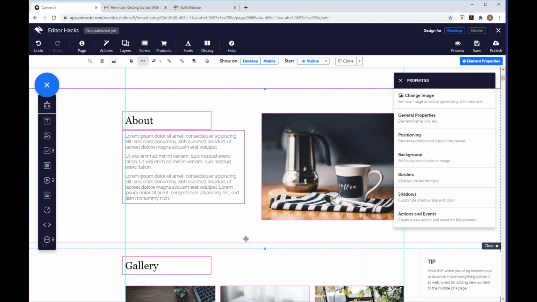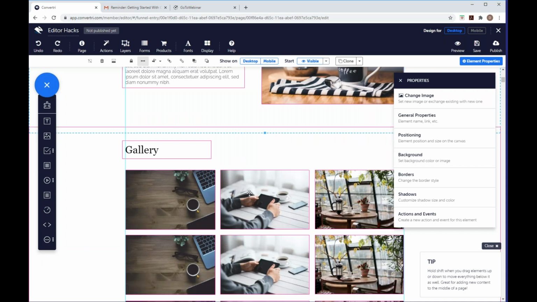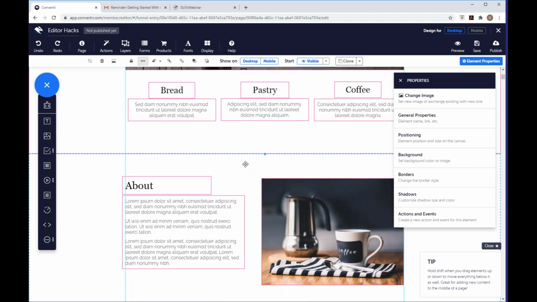So now I've shown you how to actually tidy the page and remove the space. Let's have a look at how we can make some more space on a page. So imagine you wanted to add another section, let's say where the menu section was. Instead of moving each element like so and having to drag each one down like that, what we can actually do is just click this element here that we want to move down, press Shift on our keyboard, and then